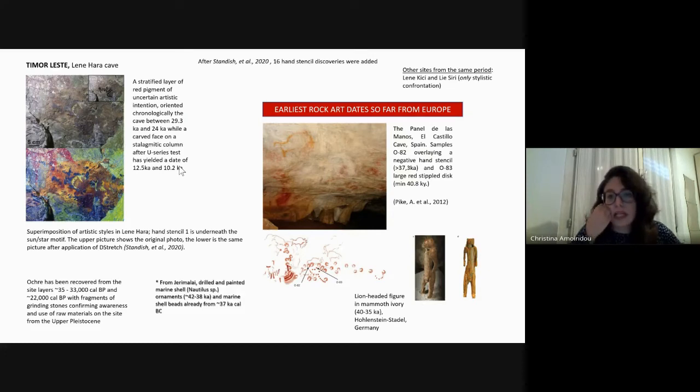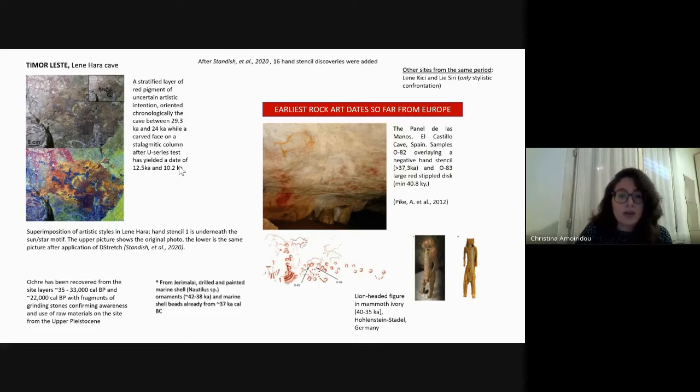Other sites from the same period, but it's only stylistic confrontation, and I underline that, are Lenikichi and Liesiri. Their motifs include hand stencils, all in red color, but they're unfortunately in a very poor preservation state, so sometimes it's not even possible to decipher what kind of motif it is. Concluding, before I pass to a brief comment on the earliest rock art dates from Europe, it has been concluded that